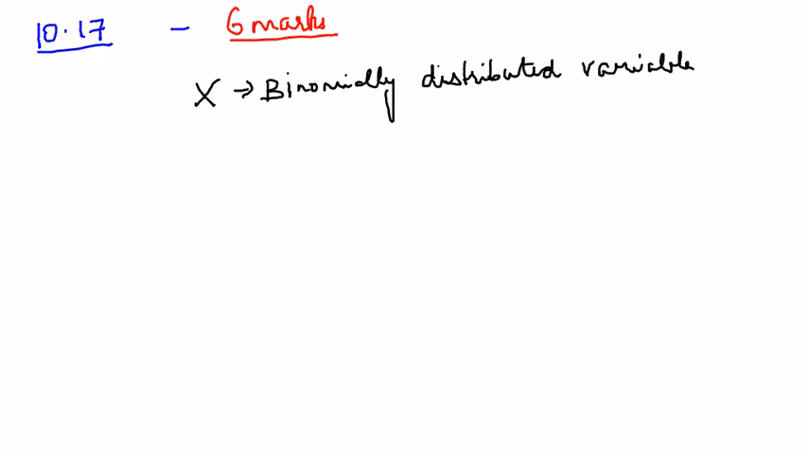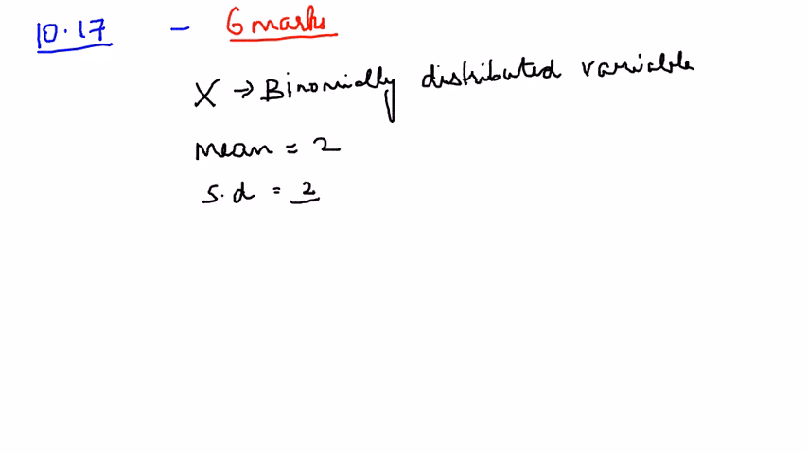Right. Now we are going to see example 10.17, which is basically a 6 marks question. It's very simple. You just have to use the formula. What they are saying is that X is a binomially distributed variable, where the mean is given as 2 and the standard deviation is given as 2